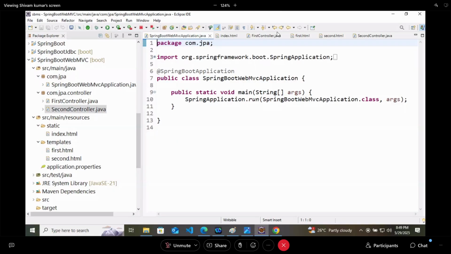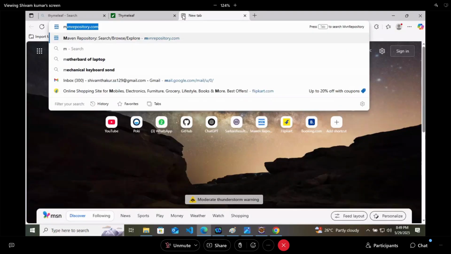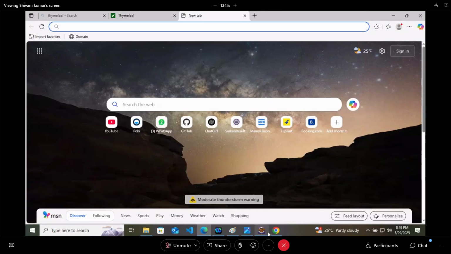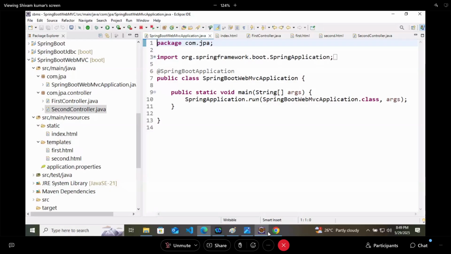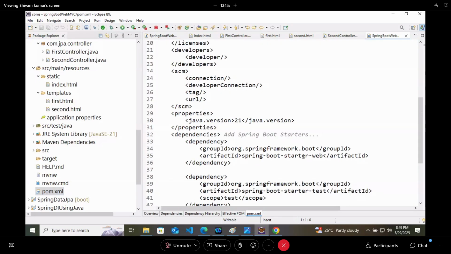There, search Thymeleaf. Tomorrow we will discuss it, not today. Thymeleaf template engine. Click on Thymeleaf, click on next. It will give you the dependency of Thymeleaf.